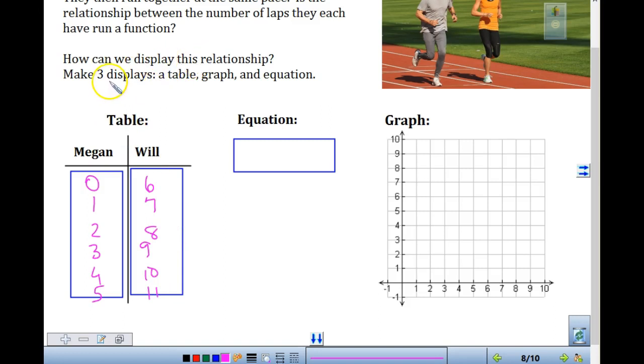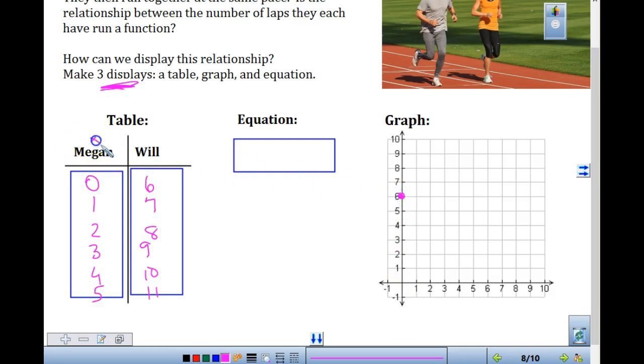So it says, we want to make 3 displays. You're going to be asked to do this in your homework also. A table is one display. An equation is the other. What might we use for our equation? So maybe you want to plot it first. 0 is